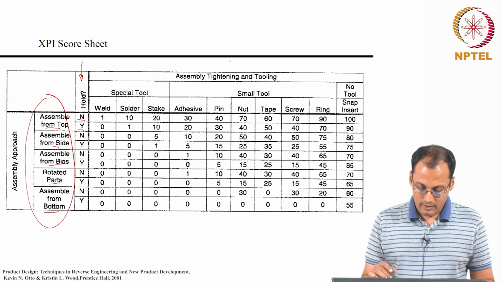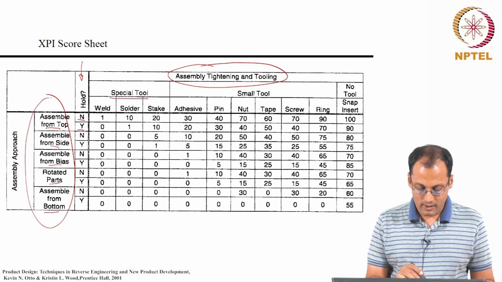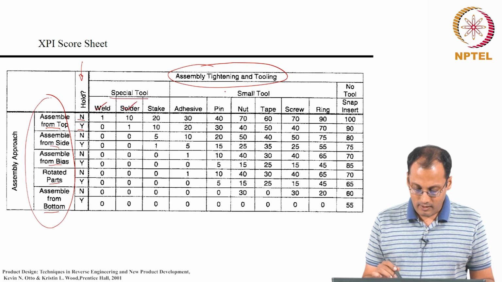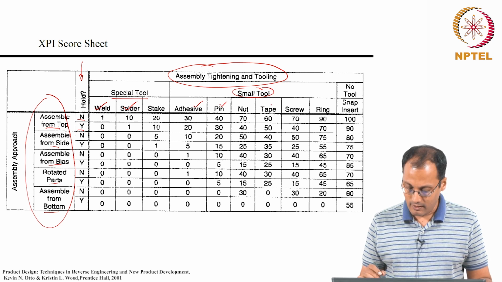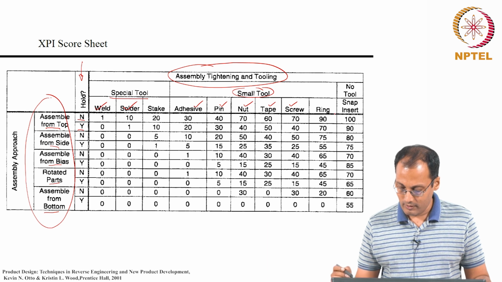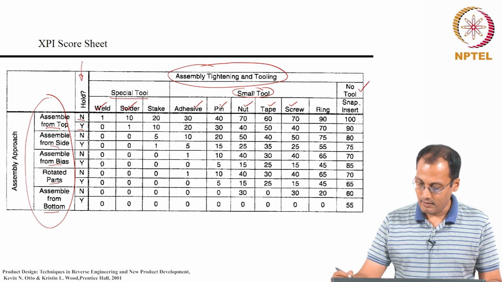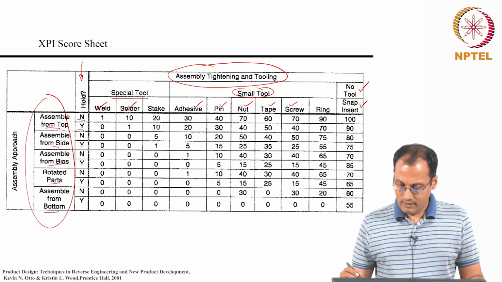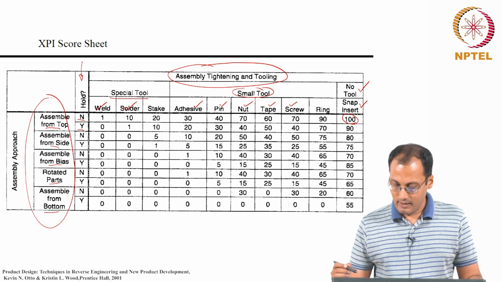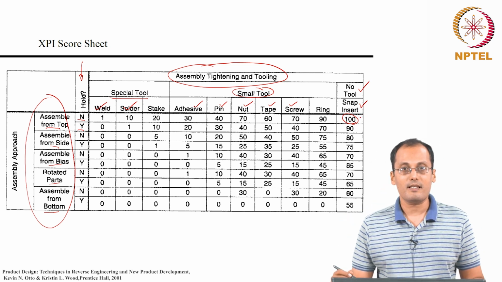And the tightening operation has been classified as special tools like weld, solder, or the small tools like adhesives, pins, tapes, screws, nuts and so forth. And if we do not have any tool, we can also do assembly without any tools, like we have the snap fit. So, the number 100 essentially means that it has very less assembly